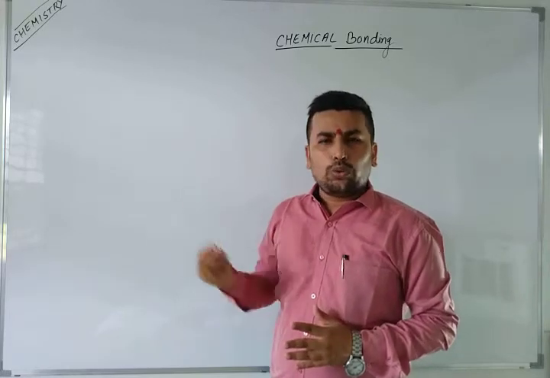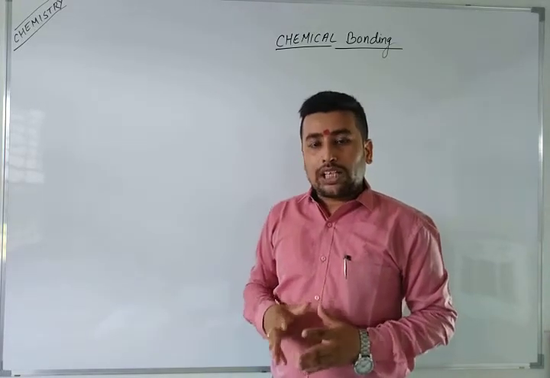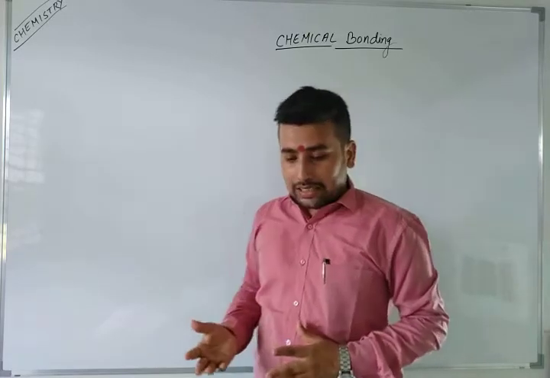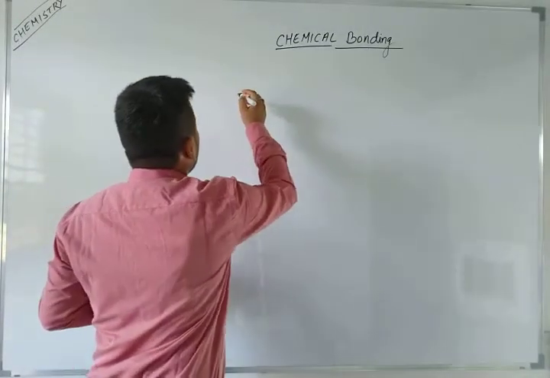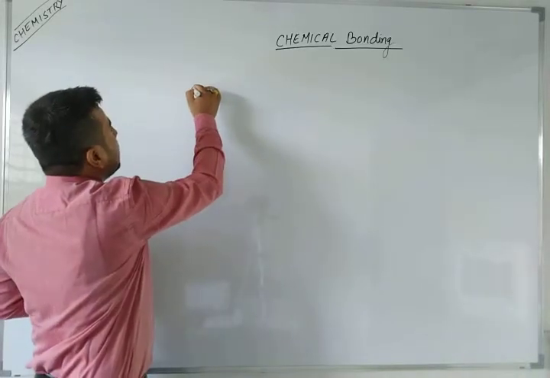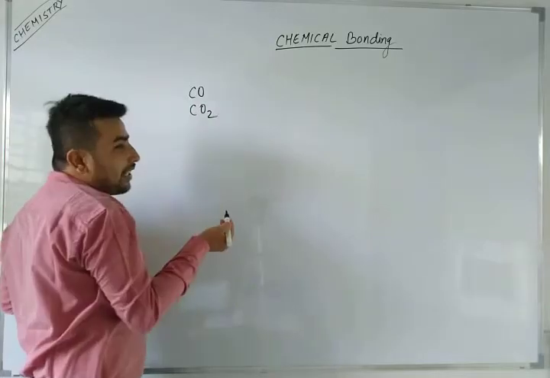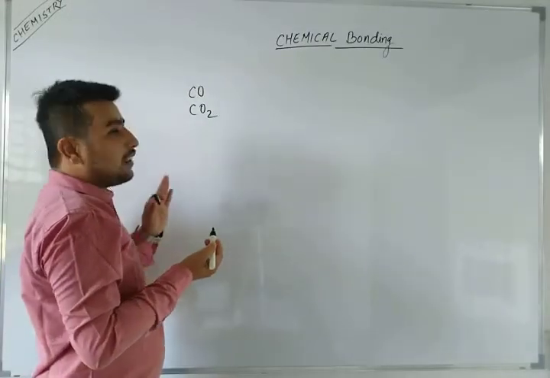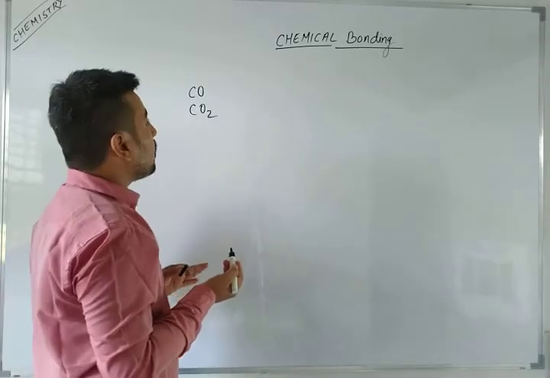But I will solve two or three more Lewis dot structures, how to put the Lewis dot structure and how to count the total number of electrons. So let's start with the Lewis dot structure according to the octet rule. As I had given you in the homework, carbon monoxide, carbon dioxide, nitric acid, sulfuric acid: how will you complete these molecules or compounds' Lewis dot structure according to the octet rule?